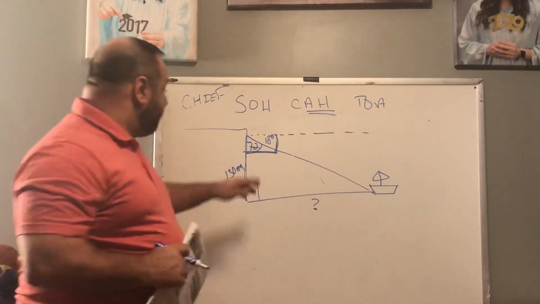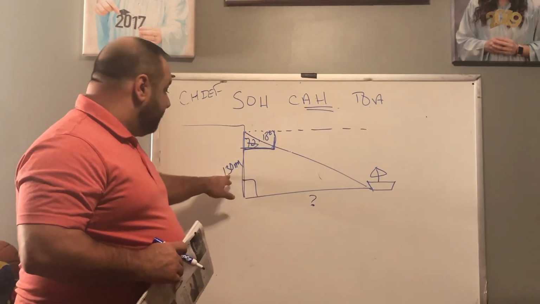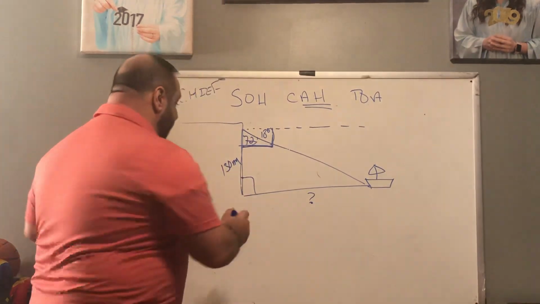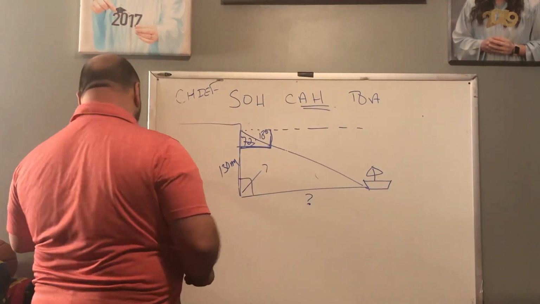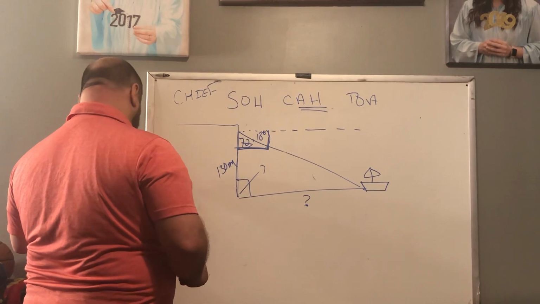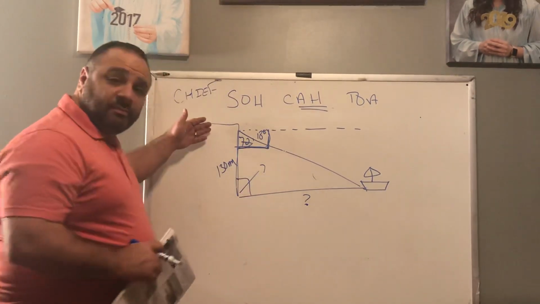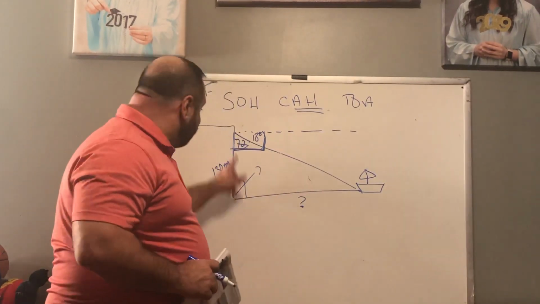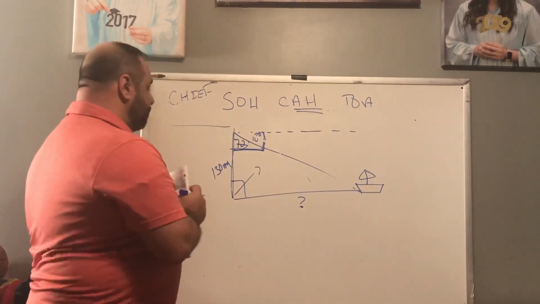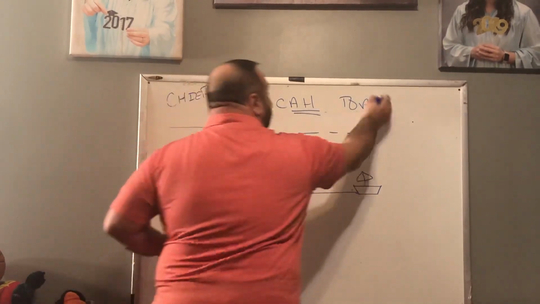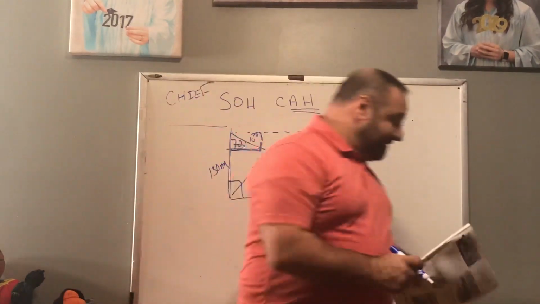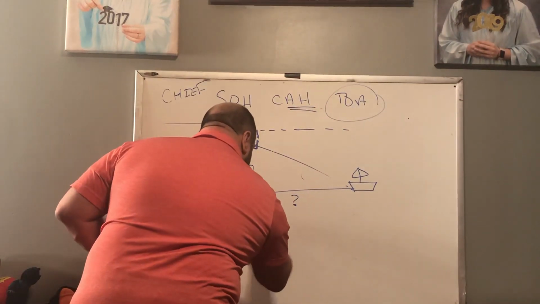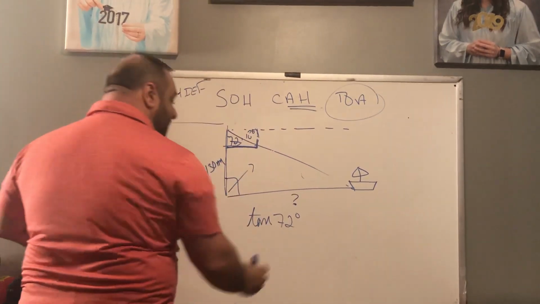If this is the angle, this is a leg, and this is a leg. Remember, this is the right angle that's formed here. What trigonometric ratio do we have? This is the hypotenuse. This is the right angle here. So this would be both legs, which would be the tangent ratio. So we have the tangent of 72 degrees is equal to